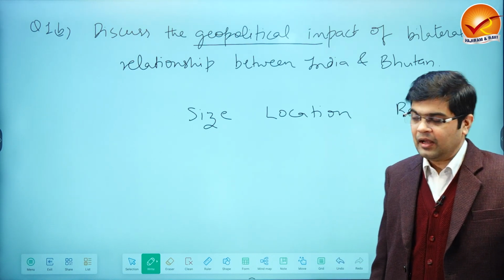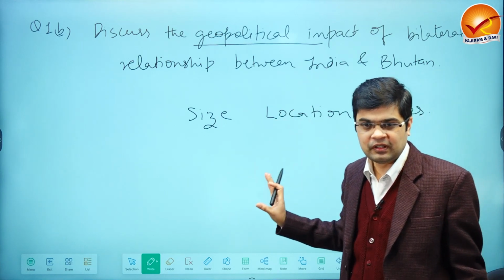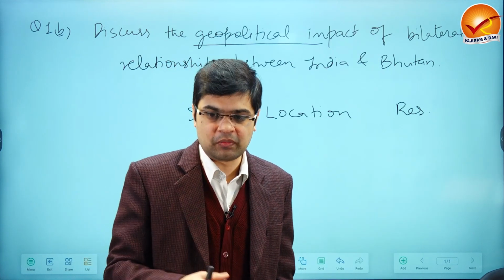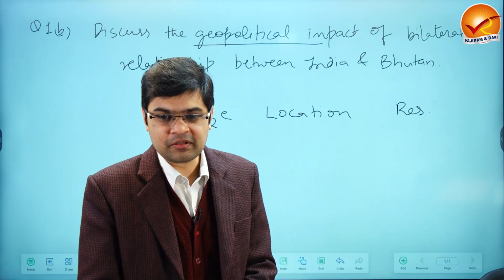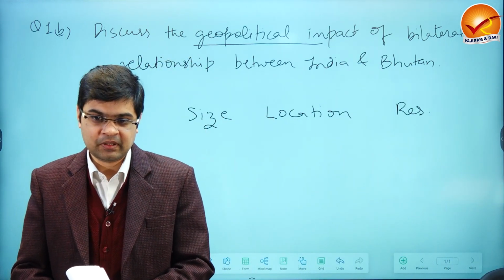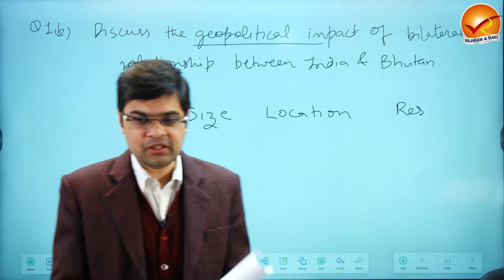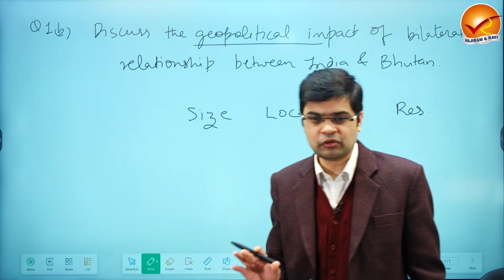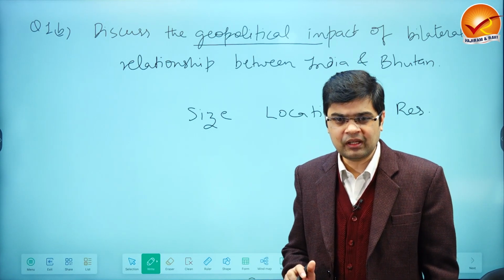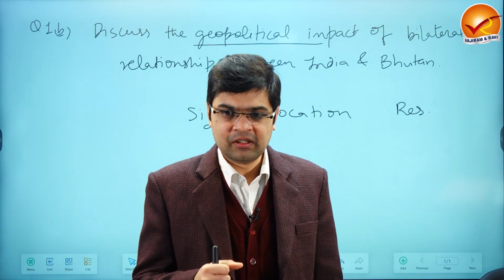Now, how will you introduce the question? It is a 10-marker question. You will write one side for this, plus a map has to be drawn here. You have written so many questions till now by giving a locational perspective, buffer location of Bhutan, trade relationships. So the introduction should not stretch more than 3 or 4 lines, because it is just a 10-mark question. Okay? So you can start the discussion by mentioning that Bhutan is a buffer state, a strategic partnership,